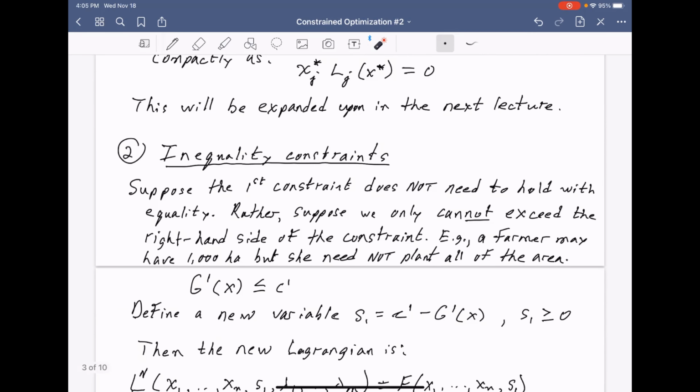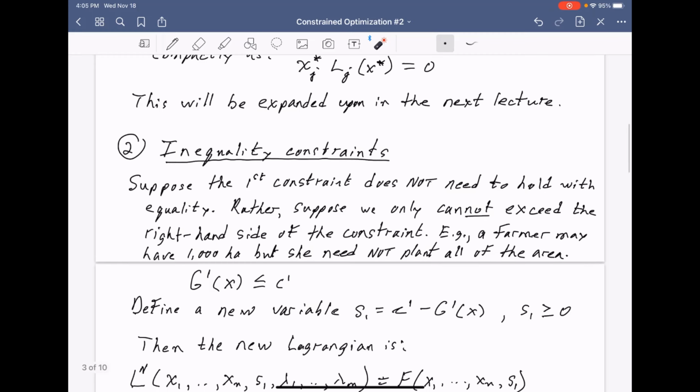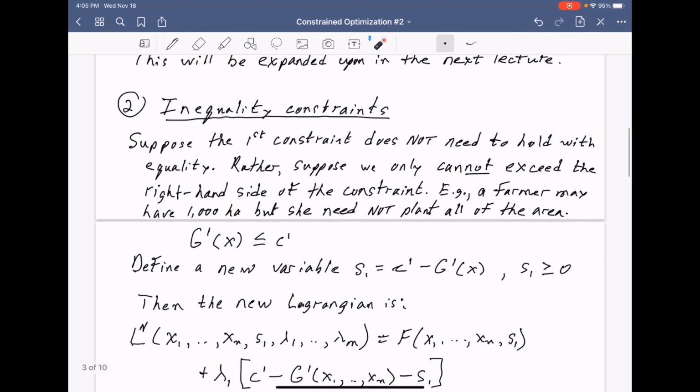Inequality constraints are the second thing we want to look at. So suppose the first constraint does not need to hold with equality. Rather, suppose we only cannot exceed the right-hand side of the constraint. For example, we may have a farmer who has 1,000 hectares of land and is busy planting it, but realizes